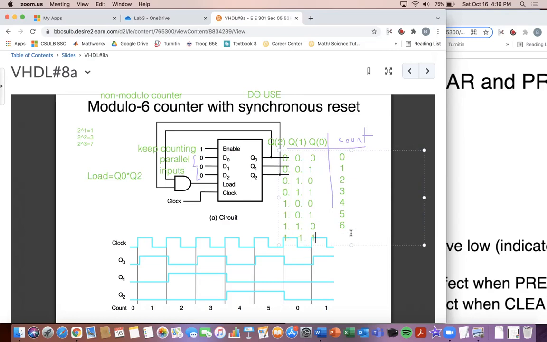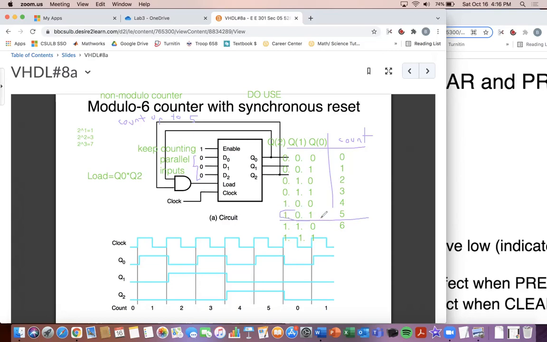Okay, and so the important part here is when we want to reset it, it counts up to 5, because modulo 6 means count up to 5. And like we discussed earlier, there's other names you can say for it. Count up to 5. You can also say a certain n-bit counter. So what we have here is if we want to count up to 5, then we want to stop after. So these are when we need to